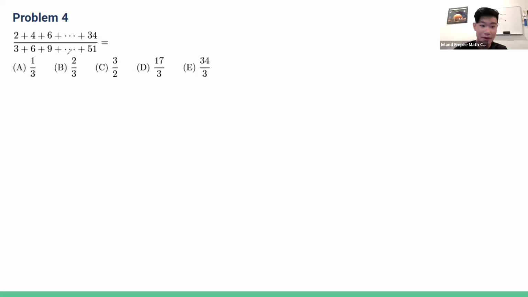So how I would approach this is find something in common between the denominator numbers and the numerator numbers. So what is common about the numerator? Well, I noticed that they're all even numbers. And the thing about even numbers is you can divide them by 2, right? So what if I just divided all of this by 2? So if I factored out the 2,